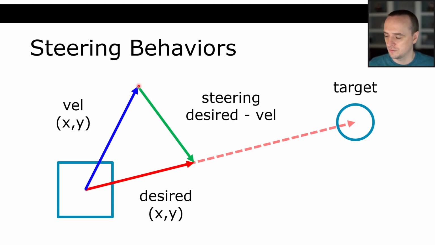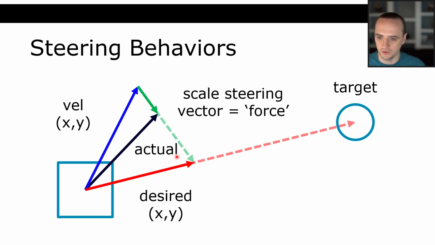So in order to get, again, a vector from the current location to a destination, we take the destination and we subtract the current location. So we subtract desired minus velocity, and this gives us steering, okay? However, we don't want to just go all the way, right? If we went vel plus steering, we would get all the way, and that would be turning on a dime. So we want to scale the steering vector to make us head part of the way toward the desired vector, but not all of the way, okay?